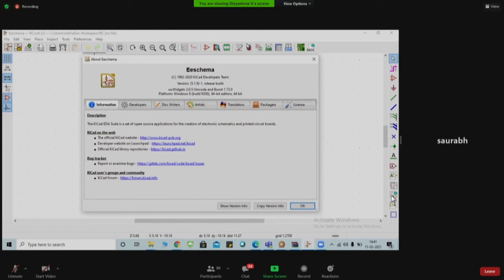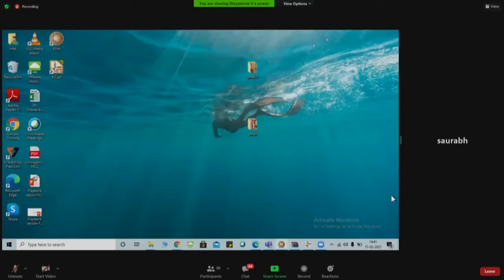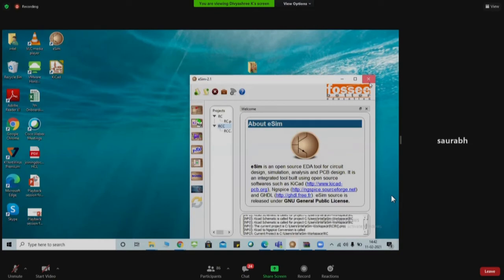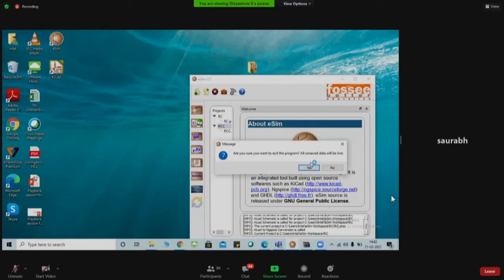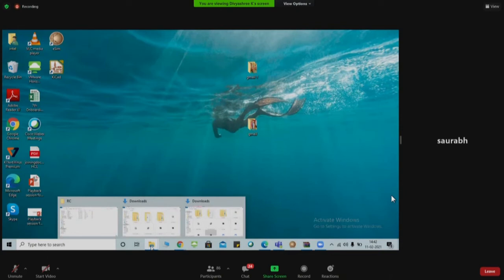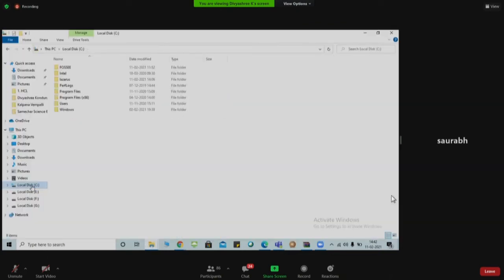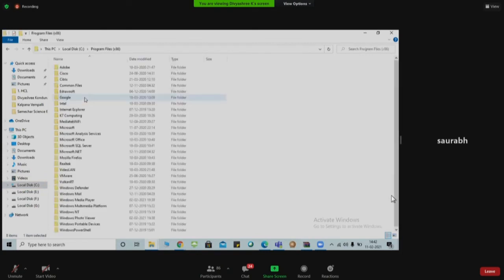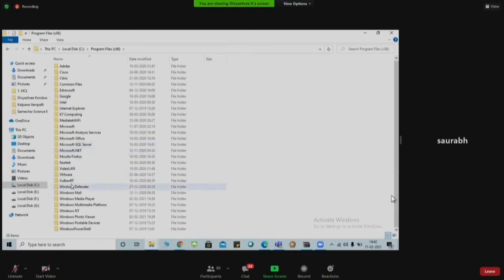Click OK and close KiCad. Close the eSIM also, please. Click yes, it's okay. Go to your C drive, not KiCad, your C drive folder. Program Files x86. There will be KiCad here somewhere. Okay, it's not there.